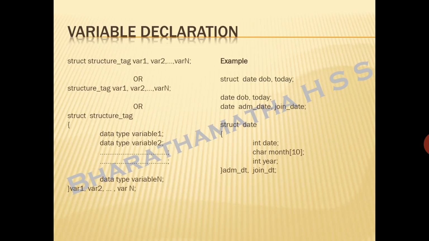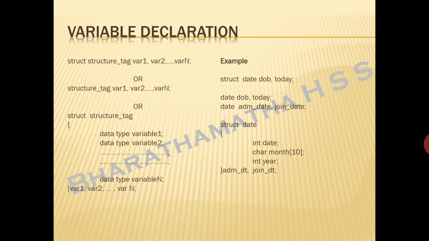Below that structure declaration, you can include the structure variables, or otherwise write the structure tag alone and then include the structure variables, or otherwise at the time of creating a structure itself, you can include the various variables that are required.